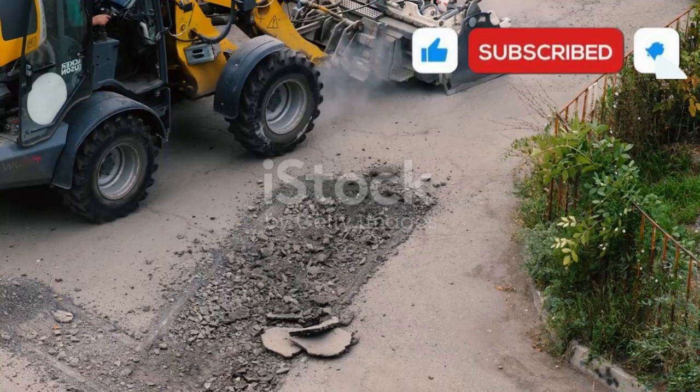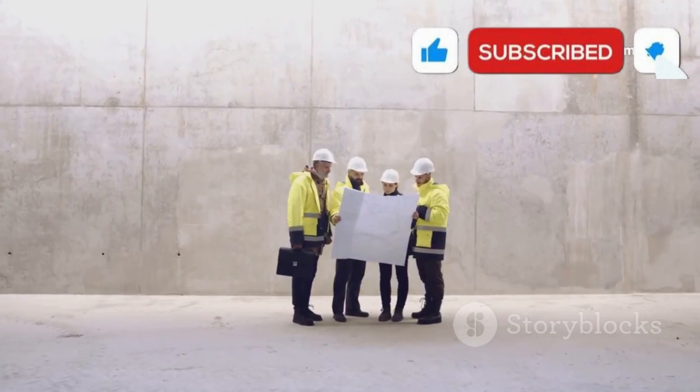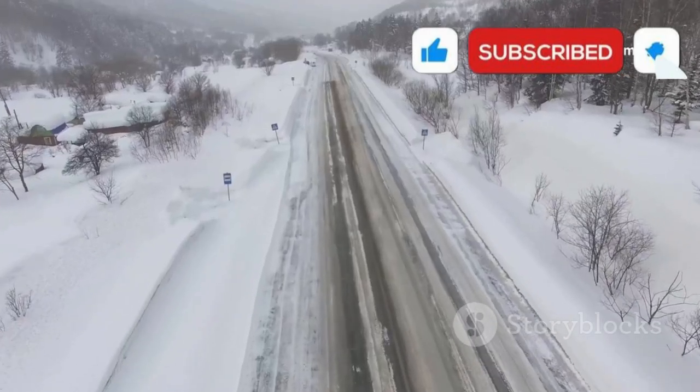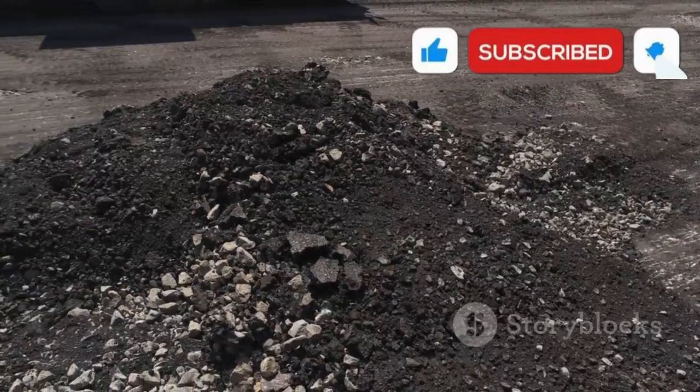That means thinking long-term, not just patching potholes, but designing durable roads. The future of our roads can be brighter and less bumpy. By studying, innovating, and applying what we learn, we can reduce freeze-thaw damage. We can save money, improve safety, and build more sustainable communities. Science is the key to unlocking that